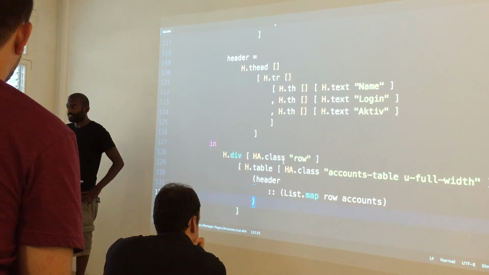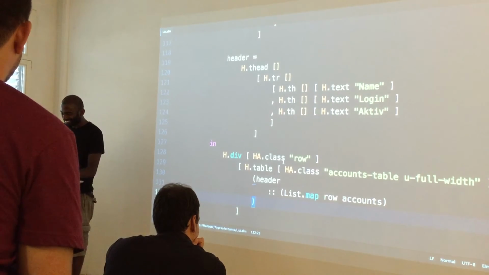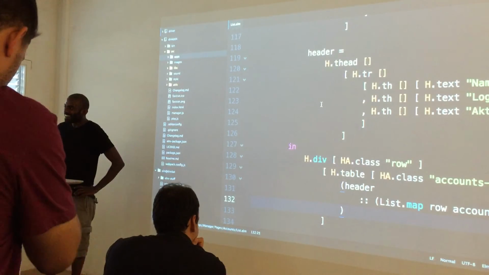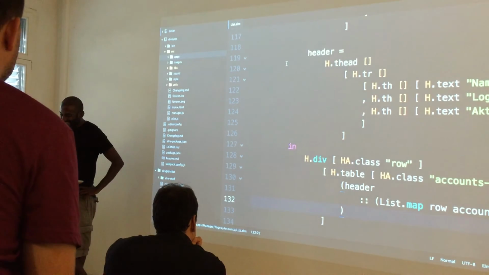Yeah, refactoring is super easy. Almost too easy. Sometimes you can't believe that it works. Wow. Yeah. I don't know why. So